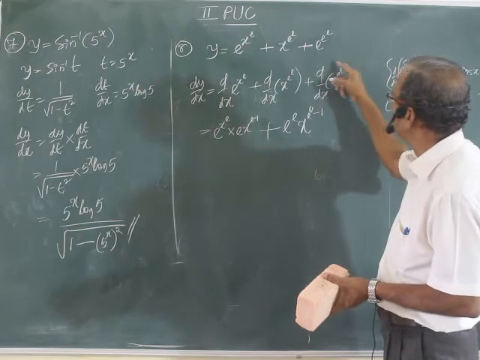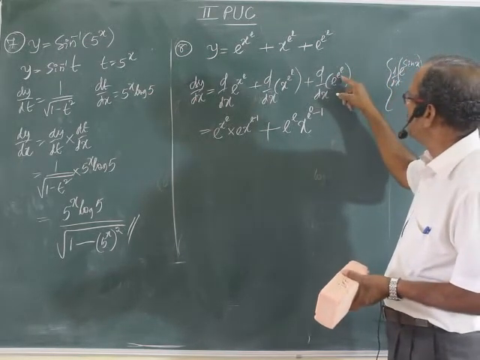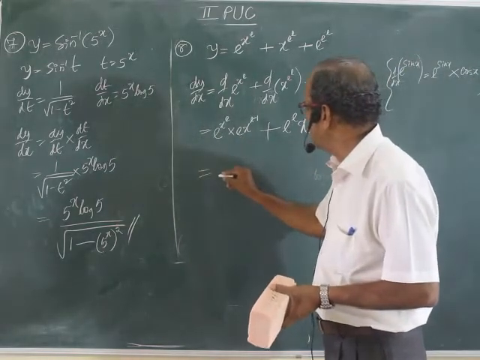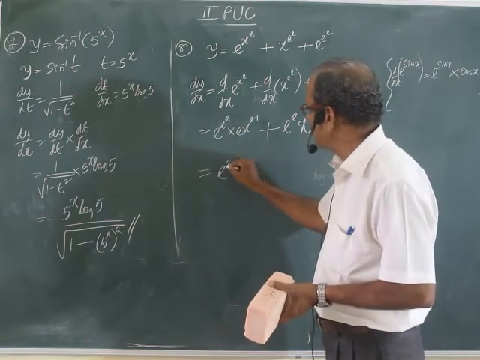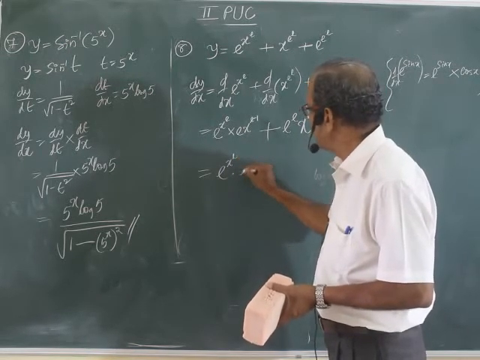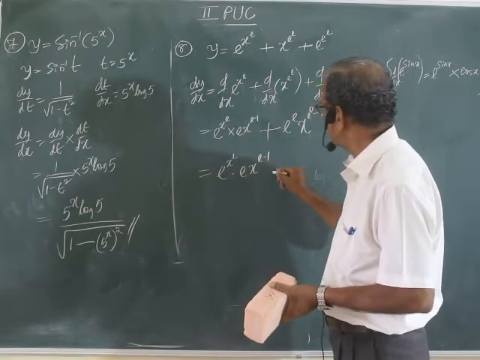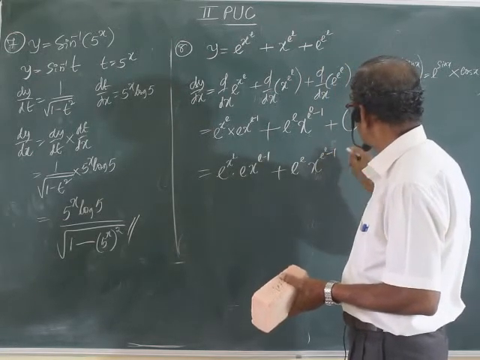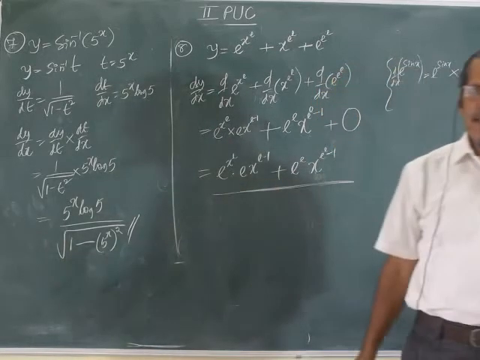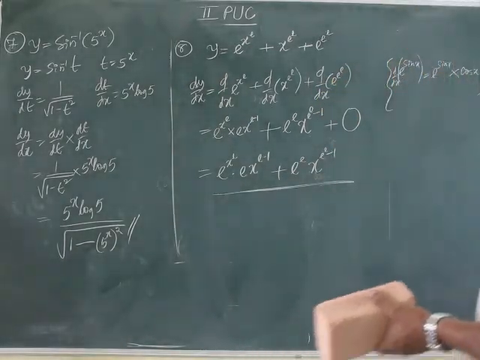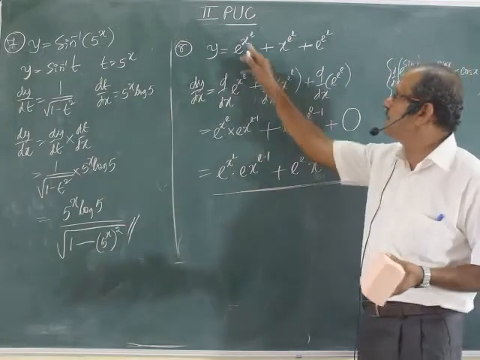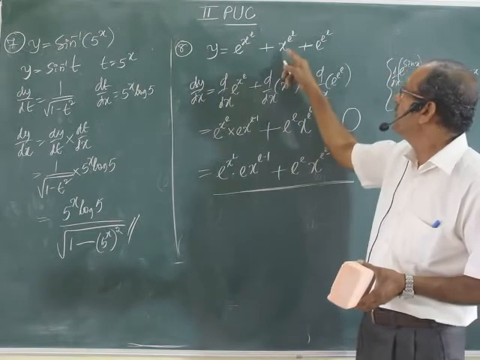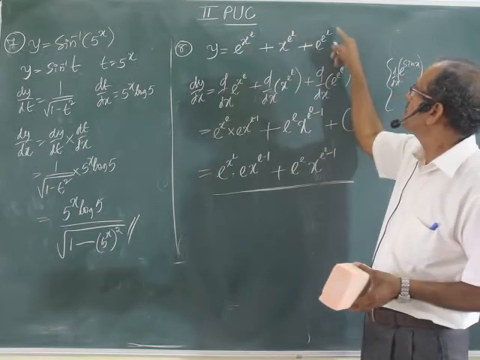Finally, this is purely a constant, 2.7 to the power 2.7 product, derivative 0. Go through the problem once again. There will be no confusion. Just see. e x to the power e minus 1, e to the power e, x to the power e to the power e minus 1. Answer is this. Just to make you confuse with that one, I have given this. E to the power t formula, chain rule. X to the power, again it's a number. This is purely a number.